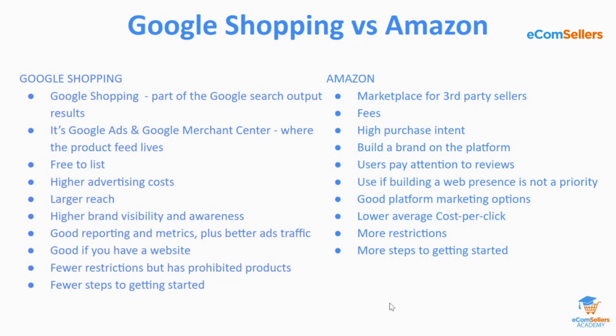So you can look at this list and decide which one you think is better for you in 2023 to be able to sell your products. Again, your decision on whether to sell on Google Shopping or on Amazon is really going to be based